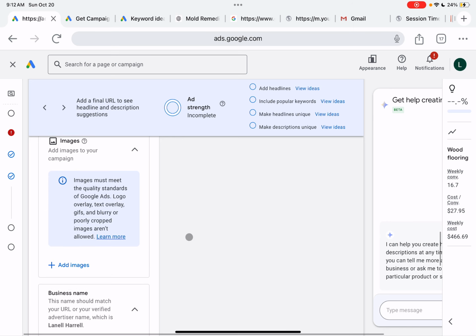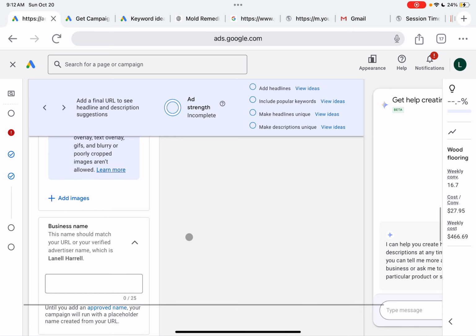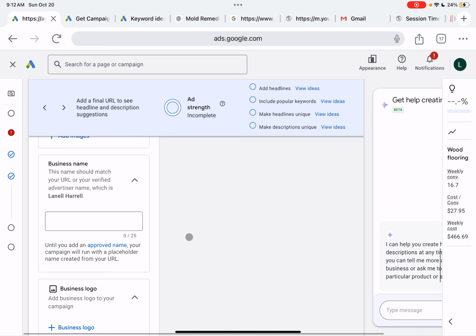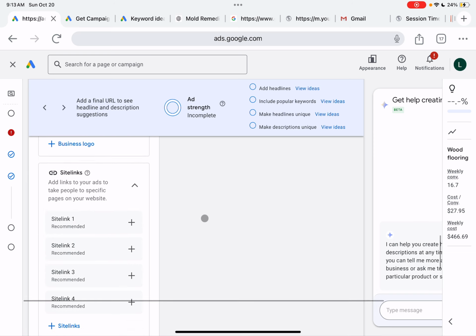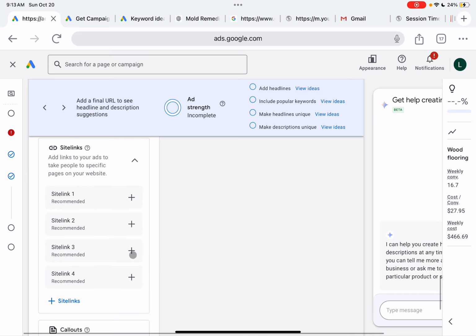Images, if you guys have images of the business, that'll work perfect as well. You can put images in there as well. Business name, put your business name here. Business logo there. Site links for your landing page, if you want to make your ad get more